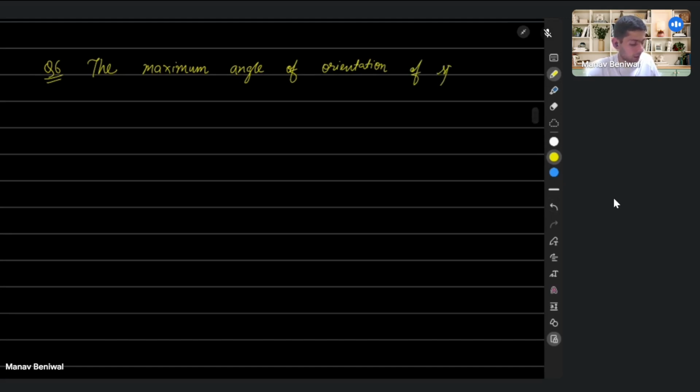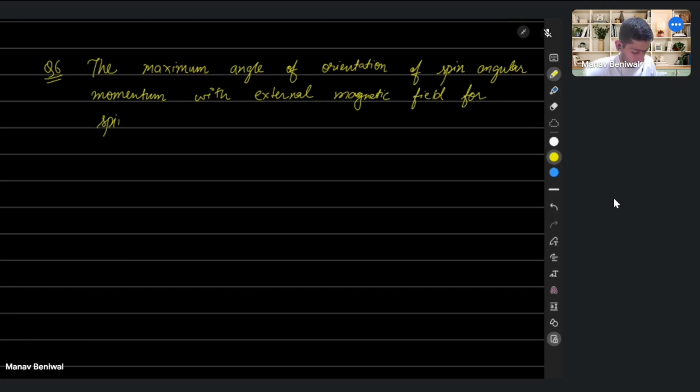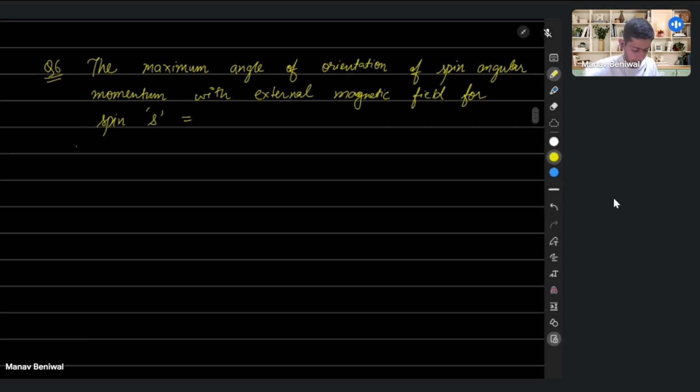Now this time we are asked for spin angular momentum with external magnetic field. So we are given one external magnetic field, and the spin is given as S. For spin S is equal to,